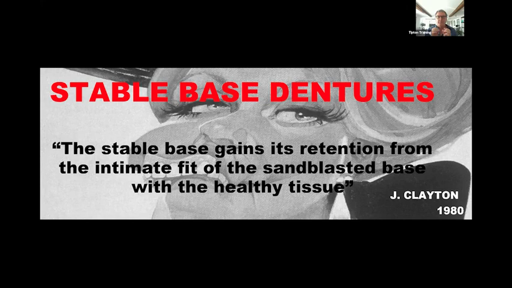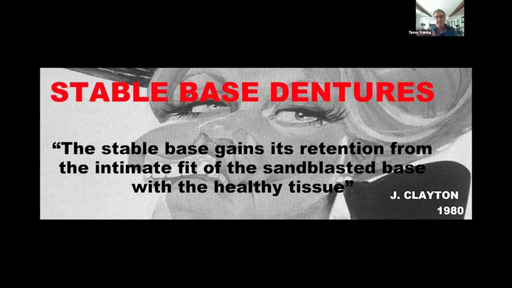If the patient's wearing an existing partial denture, that partial denture has to be left out for 48 hours, possibly up to longer, so we can get tissue back into a healthy state. We need to be very detailed, mucostatic, not mucocompressive, so the soft tissue does not displace. And because of the base itself, as we mentioned, the fit of the sandblasted base to the soft tissue,